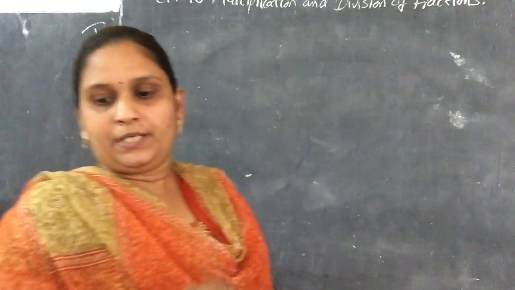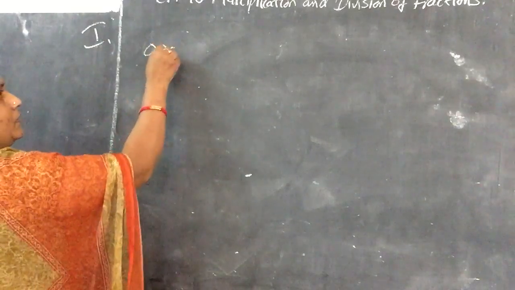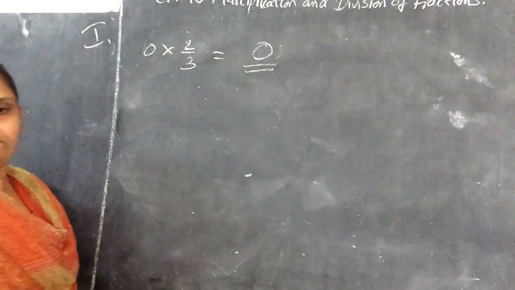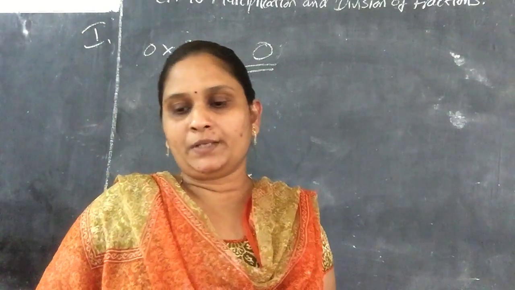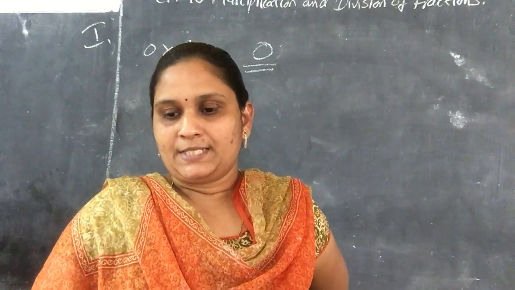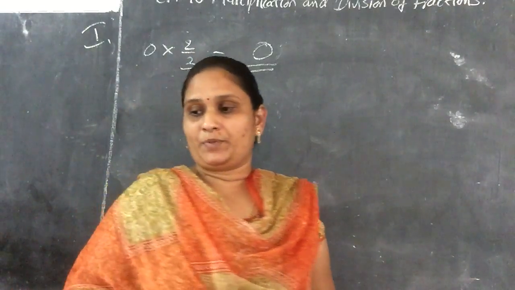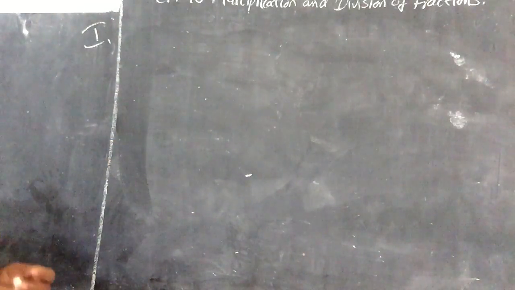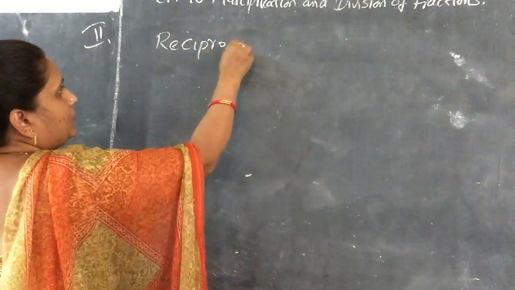In between anywhere, if you see the 0 with multiplication, blindly you have to write 0 as the answer. Okay, so now here the first one is 0 into 2 by 3. What is the answer, children? 0 only. 0 into 2 by 3, 0 itself. Okay, like that in the first section you will get zeros only as answers. Second one, reciprocal. In the second section they are asking about the reciprocal. What is the meaning of reciprocal? Reciprocal means